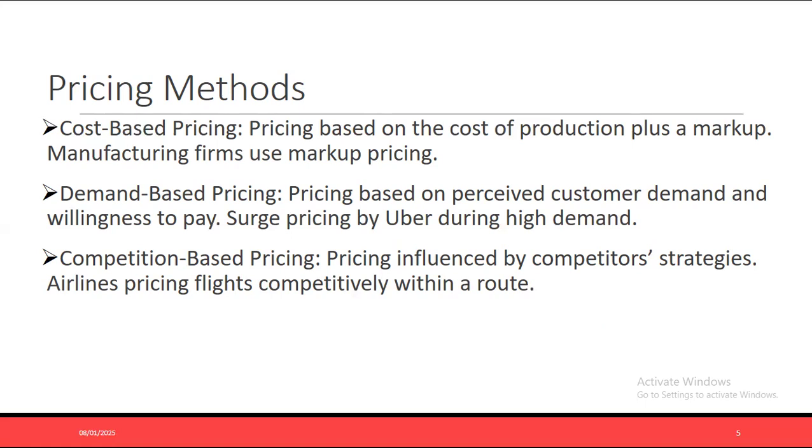Okay, and then you have the competition-based pricing, and this is based on what competitors are doing. So if you are selling your product for 30 cedis and a competitor says we are selling ours for 25 cedis, you may be forced to reduce your price so that you will not get out of business. Okay, so you look at what competition is doing, and then you also maybe do the same, or maybe do a lesser one, or you ensure that the difference is not so much. Otherwise, you may lose your customer to the competitor.